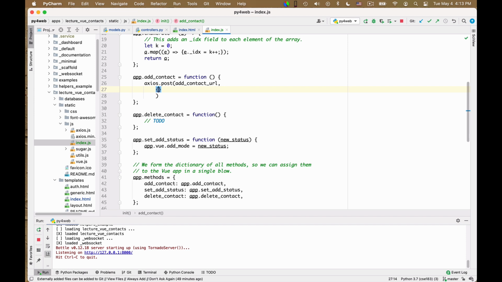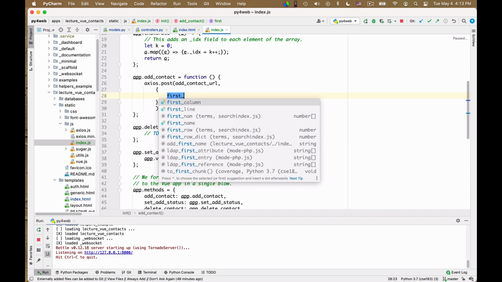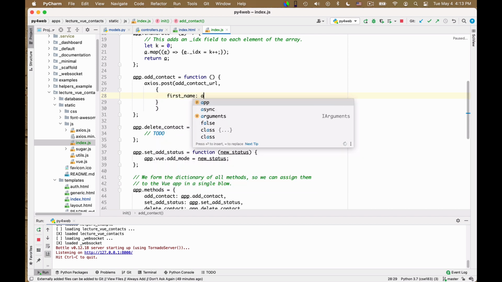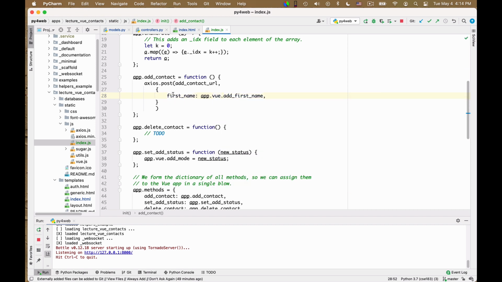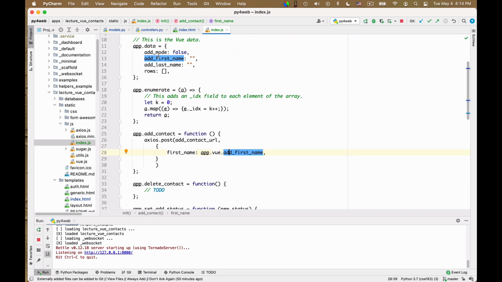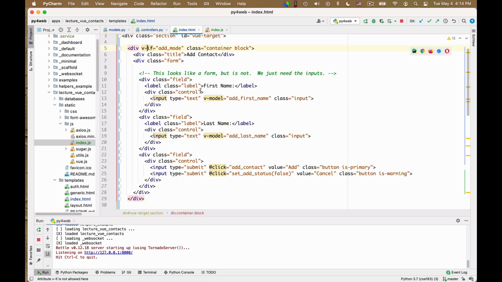So we say first name, app_view add first name. Why do I write this? First name is simply the tag by which I'm going to send the data to the server. Okay, so this is the dictionary key, and app_view add first name is the variable that I already declared that is mapped to the input field.